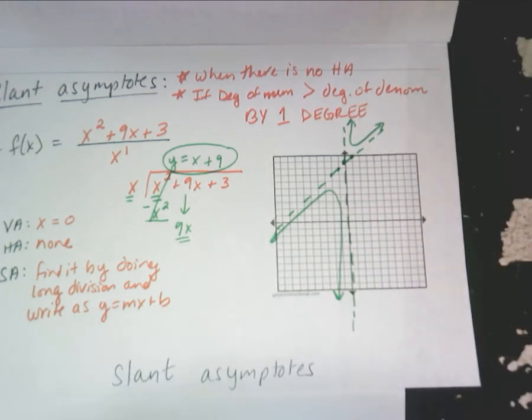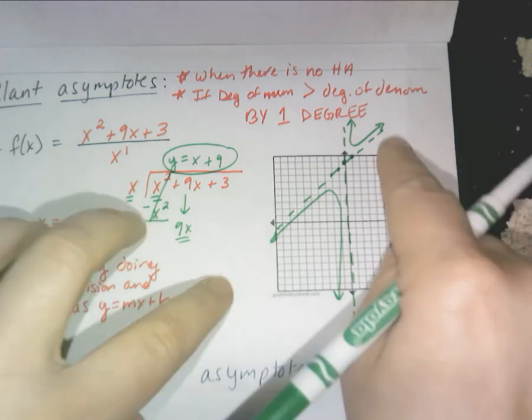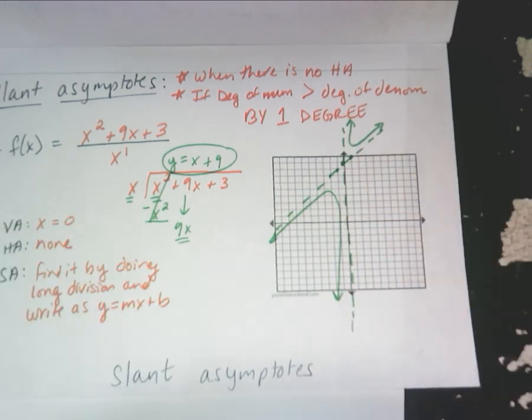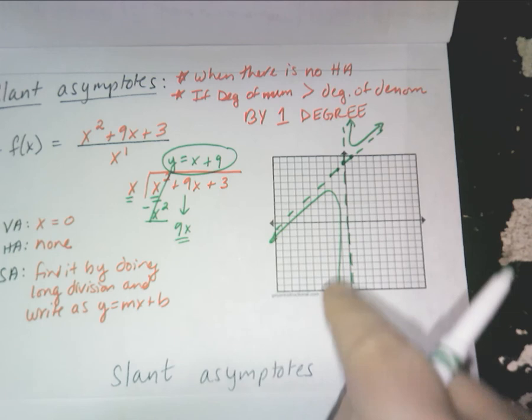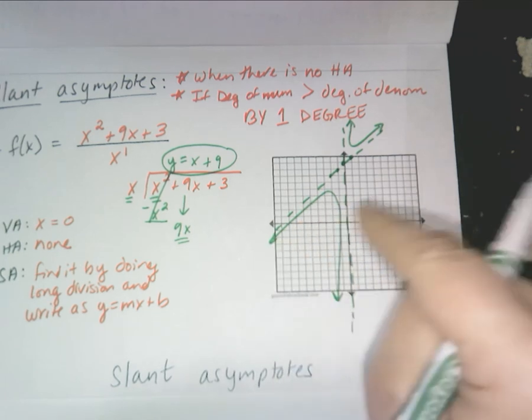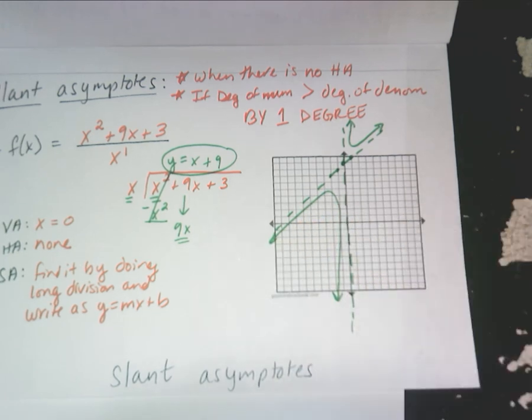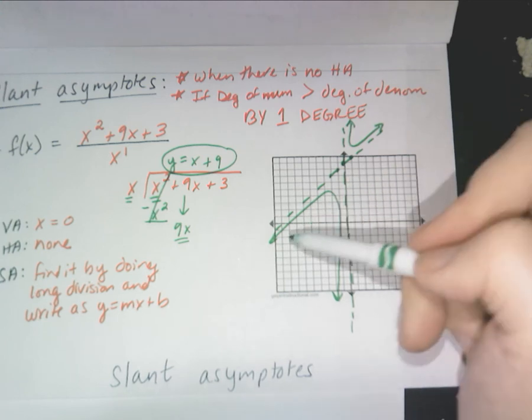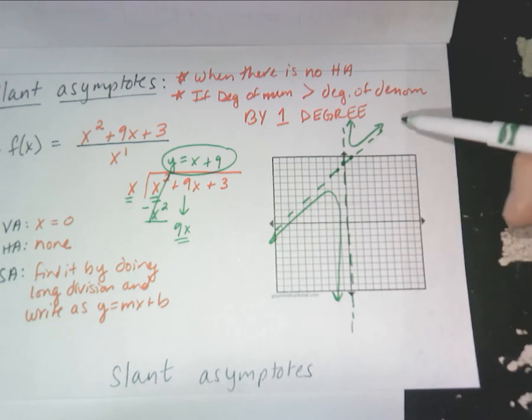I'll let you use your calculator for that. The hooks could go here and here. They're always opposite each other, those hooks, but you can actually, again, find them out. You can plot a point right now and then find out where it would be. But it's pretty cool to me. Like they actually make it, they slant, they come along that slant right there, that y equals mx plus b line. All right. So that's how you do all of them,